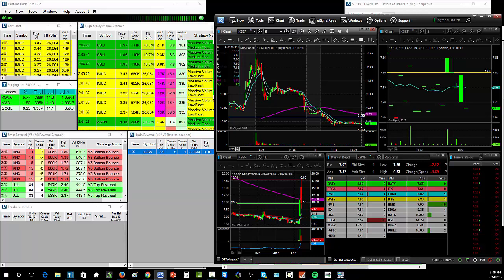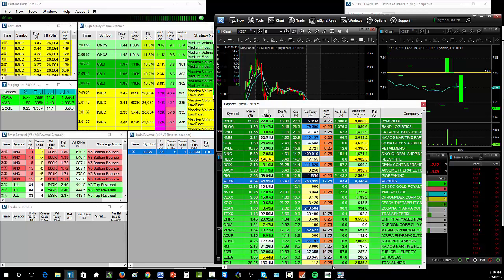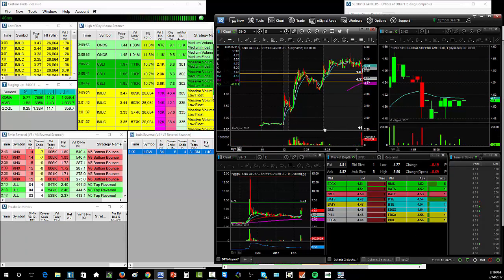When I see a stock that's had a reverse split, I'm thinking about the potential that this could get a squeeze. But obviously, CBIO, it didn't happen today. So that was on the list, but no trades on it. Next one down, Sino. This was on the list, but the issue with this one, it was consolidating pre-market, but